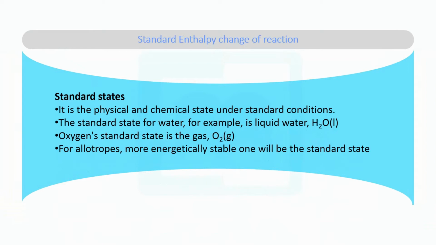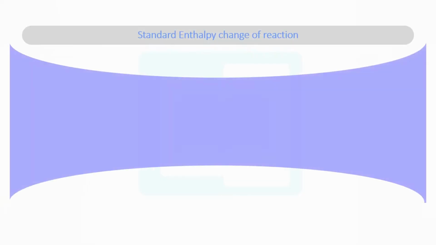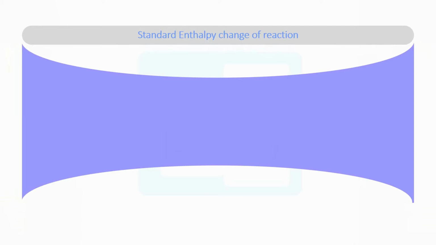At standard condition, that is room temperature and pressure, water is liquid, so the standard state is liquid. But it will be challenging for you for elements. The more energetically stable form will be the standard state. For carbon, we have two main forms, diamond and graphite. So which one is more energetically stable? That will be the standard state. In a critical situation you have to take a decision this way, but the simple case is quite simple.